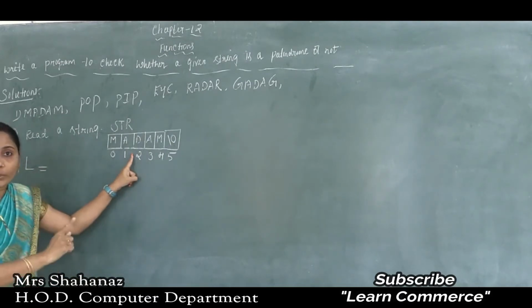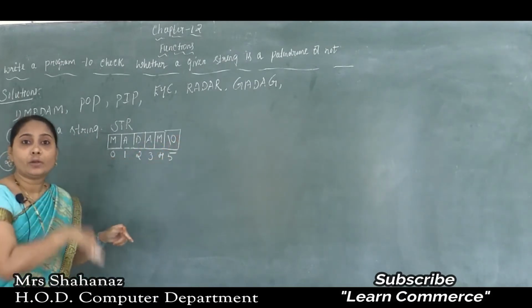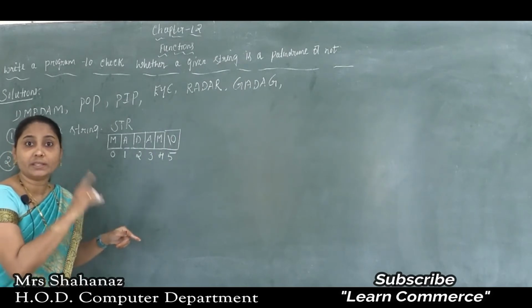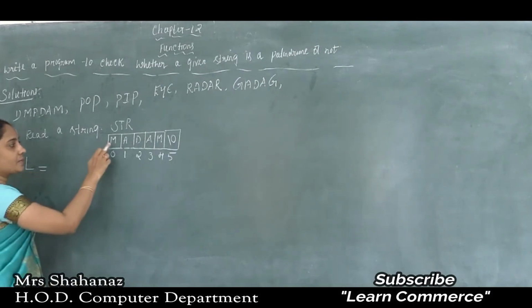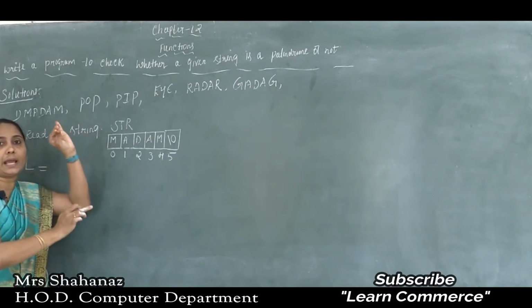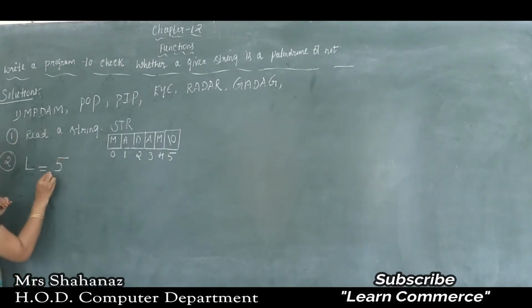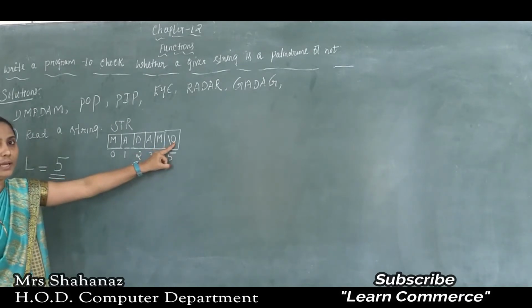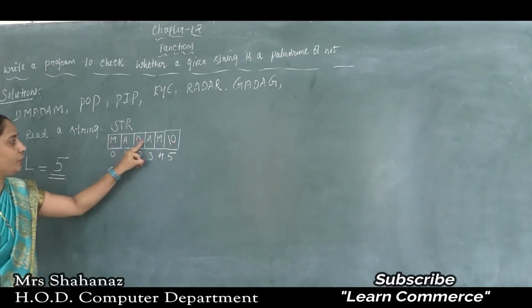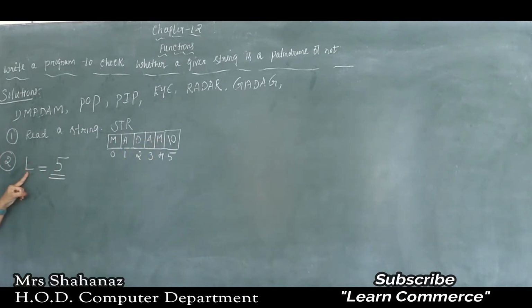So excluding the null character and including the spaces. Clear this one? The length of the string. Now when you find out the length of the string madam, how many characters? The length of the string madam is equal to 5. Clear this point? I already mentioned it in the notes, so no need to count again. 1, 2, 3, 4, 5. So we can say that the length of the string madam, L means length here, is 5.